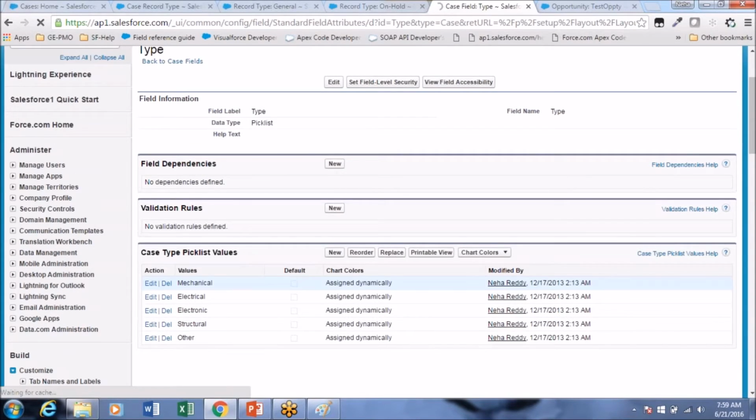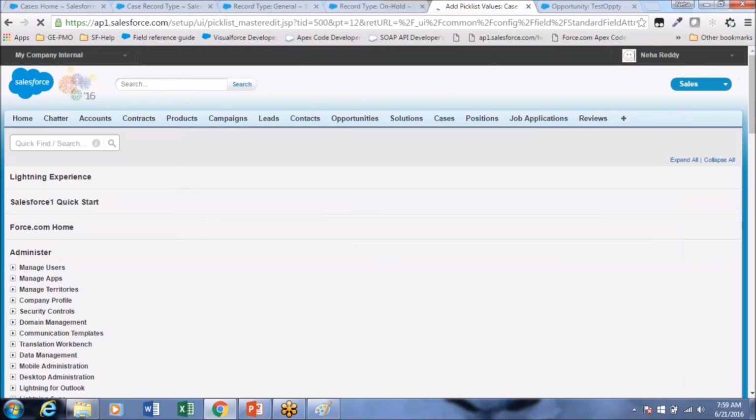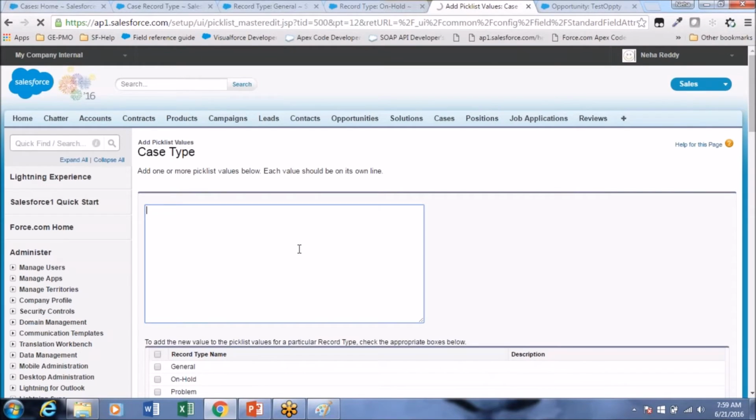Okay, see here I have these values: mechanical, electrical, electronic, structural and other. These are the types of the cases. So I can have more types like software, network, hardware.